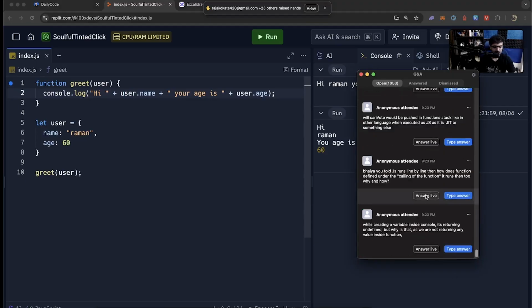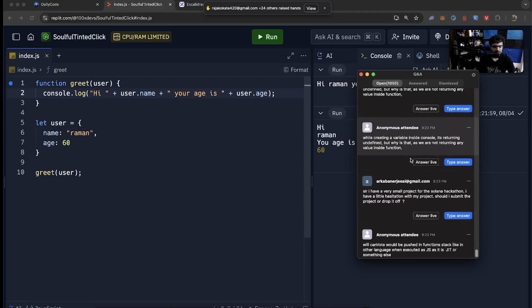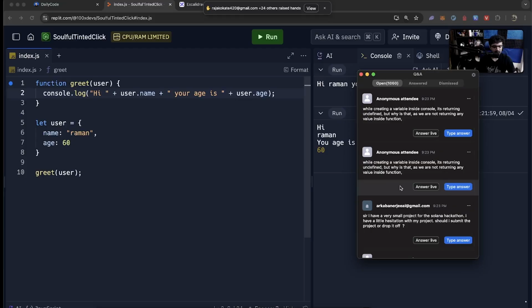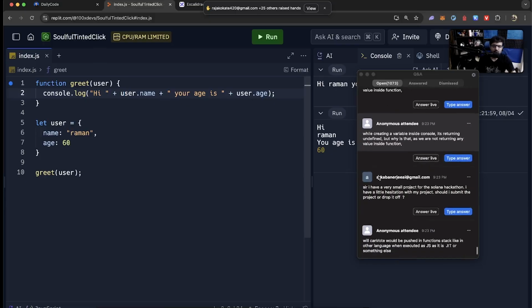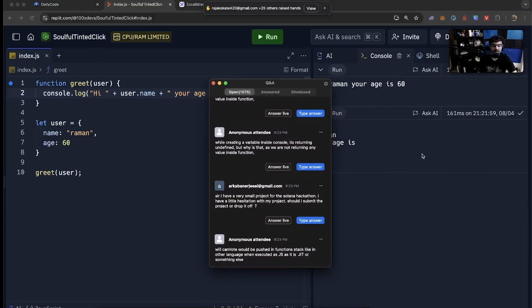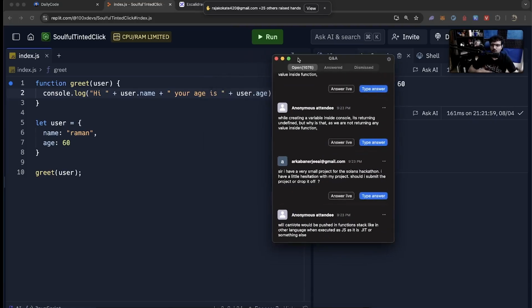Oh wow. While creating a variable inside the console, it's returning undefined. But why is it not returning inside the function? That's just the browser console. The browser console will give you that extra undefined from time to time. I also had the same question like you a few years ago. I also googled and found out it is just printing what that function is returning, which is why, since most of these lines of code over here are just you calling something, nothing gets printed. And that only happens in this console. It does not happen here on Replit when you actually compile. It doesn't happen locally on Node.js or anywhere as well. It's just the browser console that prints that extra thing.